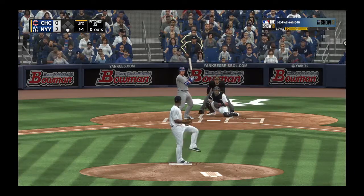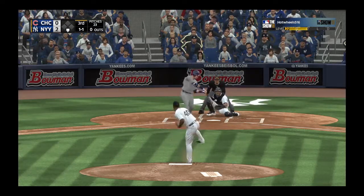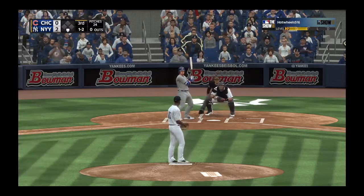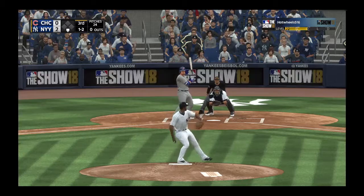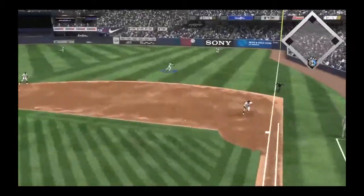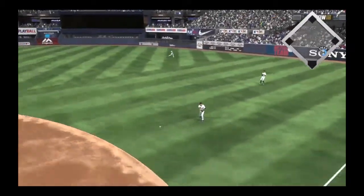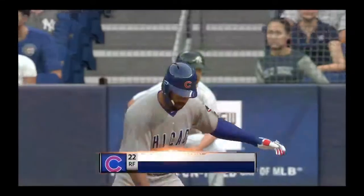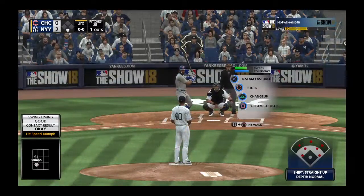And he fouls this one off. So 1-1. Is swung on and missed. A good off-speed pitch. 2 strikes. Smoke toward the hole. Gloved by Walker. Throw to first in time, and the leadoff man is gone to start the 3rd. Into the box now,